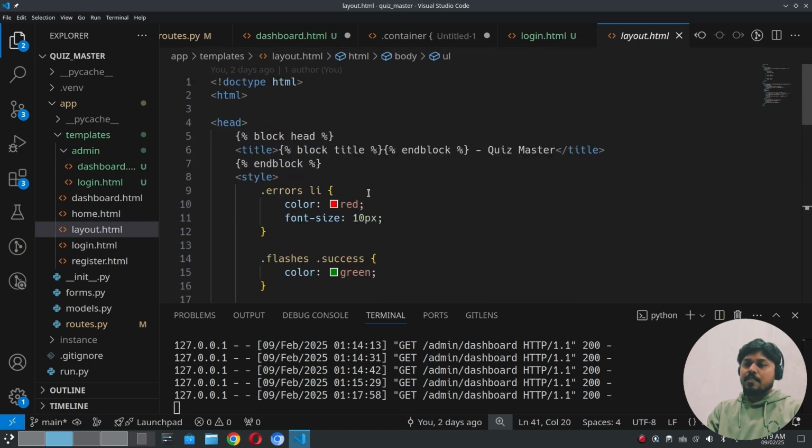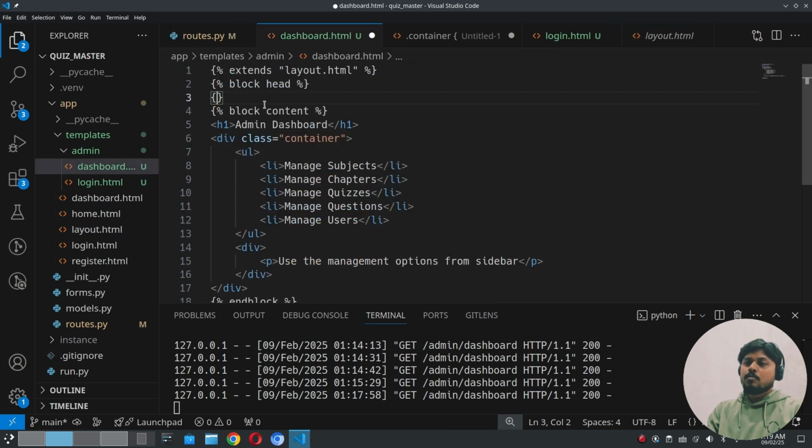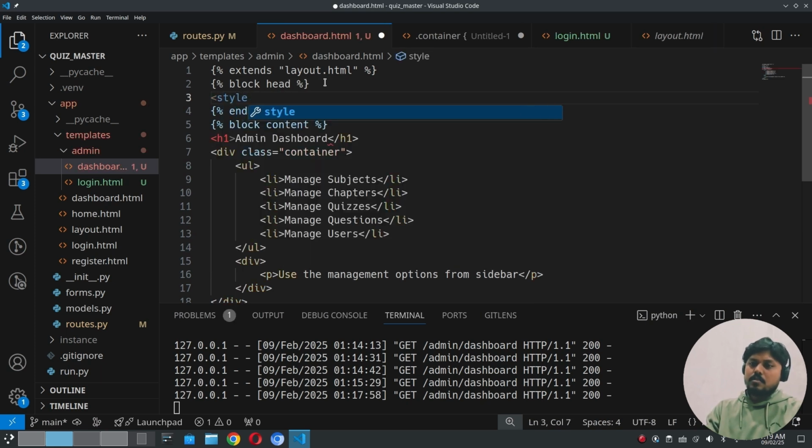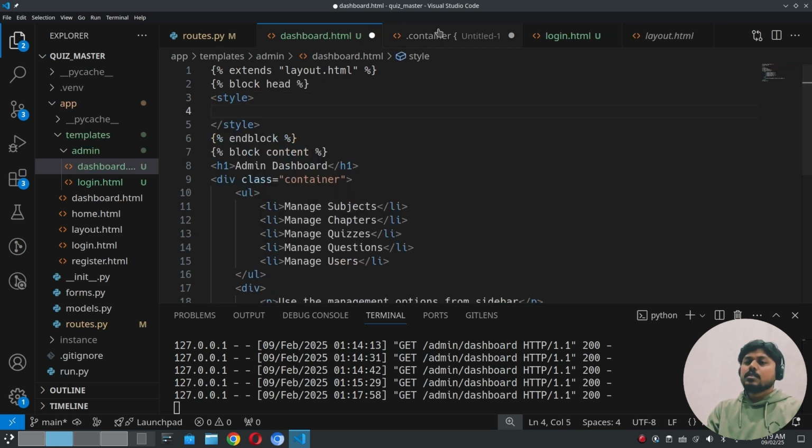Because if you see, we have also given a block for head, so we can use this block to add our CSS. So inside block head and block, we can use style,